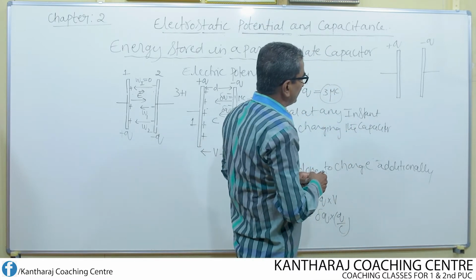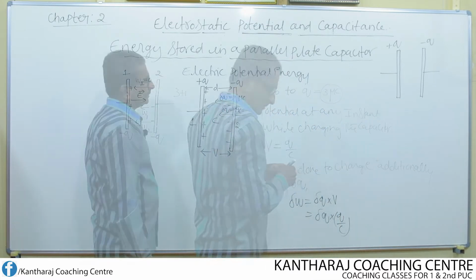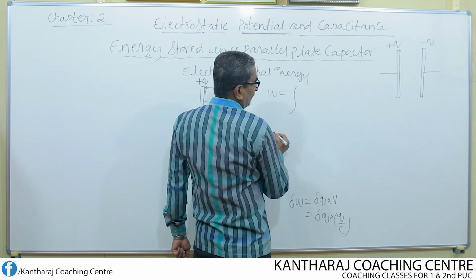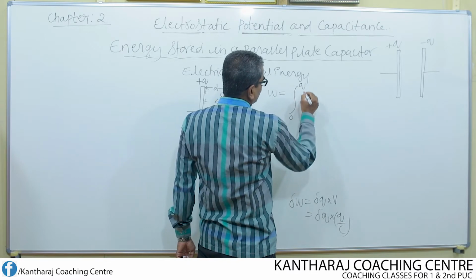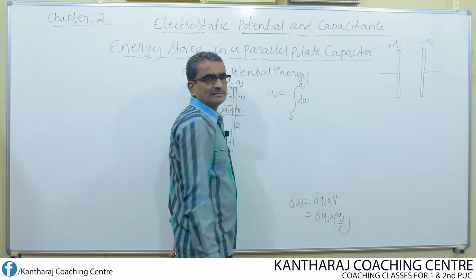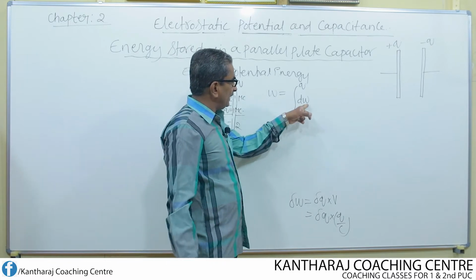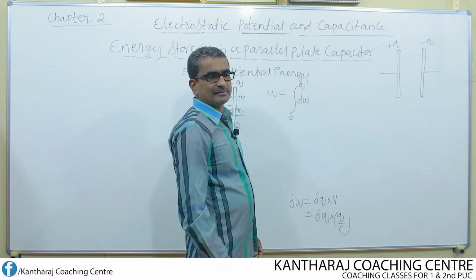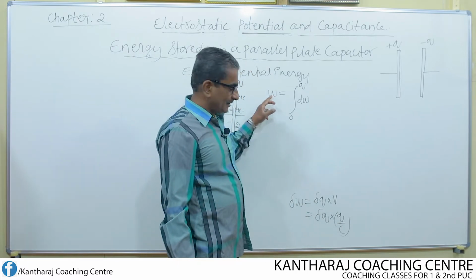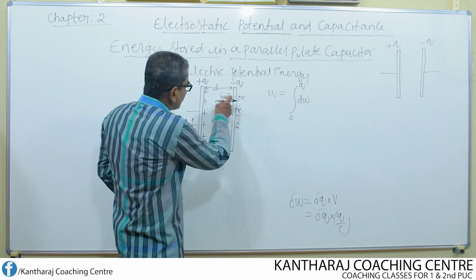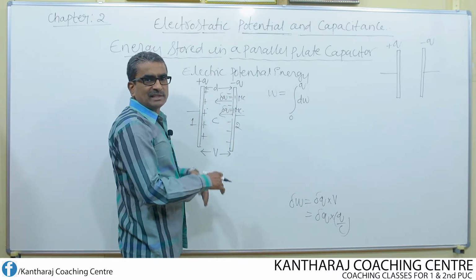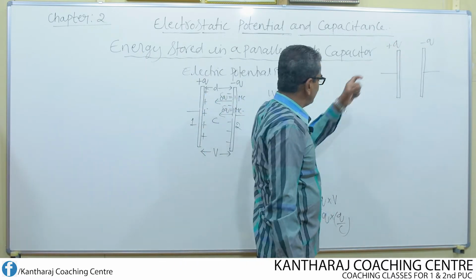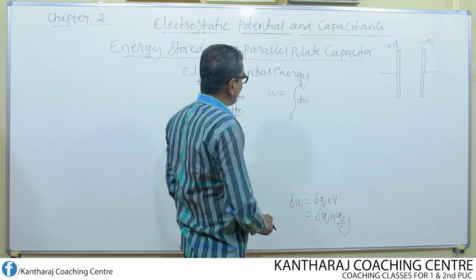Okay. Now I write here. So total work done is given by W equal to the integral of dW from 0 to Q. Delta W is the small work done, and W is the total work done. Delta W is the small work done to shift the charge in small quantities. In general, to charge this capacitor completely to Q coulombs, the total work is given by this equation.